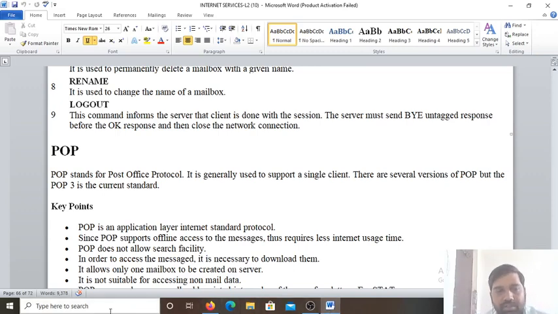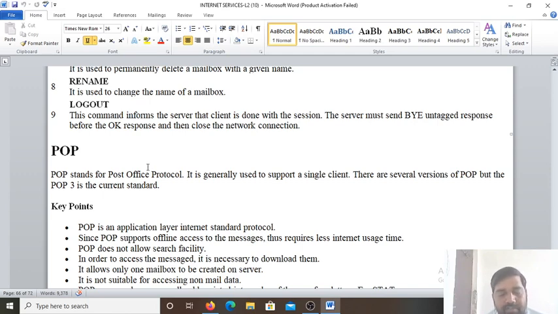So today we will continue our discussion on lesson 2, internet services. In the last class we studied the SMTP protocol and telnet. Now today we will study the POP protocol, which stands for Post Office Protocol. This is commonly used as an email protocol. It helps to retrieve emails from a remote web server. So POP is used to access the mail from the web server using a local client.